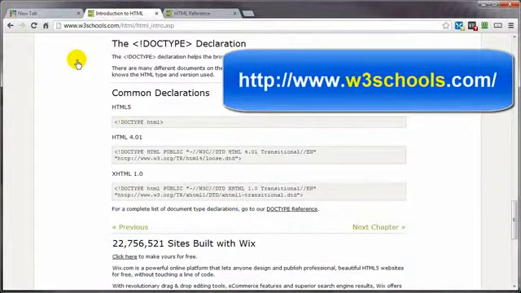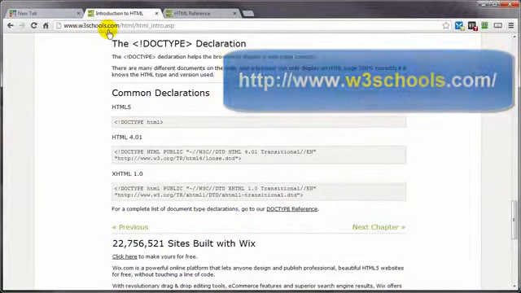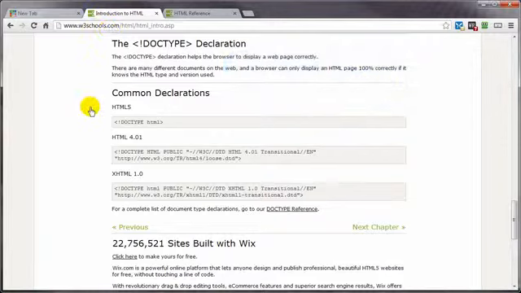And a very cool reference is w3schools.com. It's a great site. It has lots of details referring to HTML elements. And in this case, we're talking about the declaration. This is what tells the browsers that, hey, this is an HTML5 page, or this is an HTML4 page, or, if you don't have it there, then it's going to read it as something other than an HTML page. So I want this to be an HTML5 page,